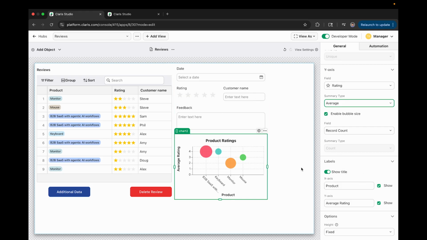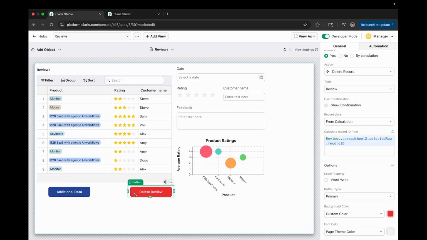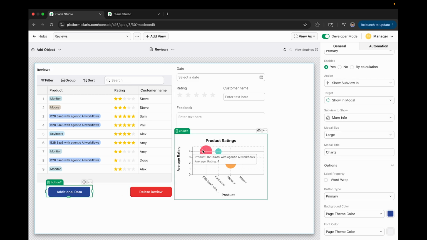Not too bad. Next, let's talk about these buttons. The buttons are interesting because they let you chain together multiple views. I guess I'll talk about this blue one first. So you could have them redirect to another view. You could have them open a new tab or go to a specific URL. In our case,